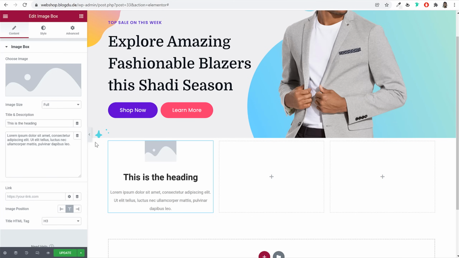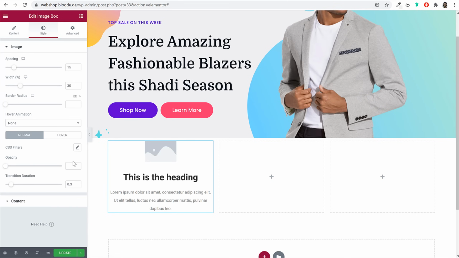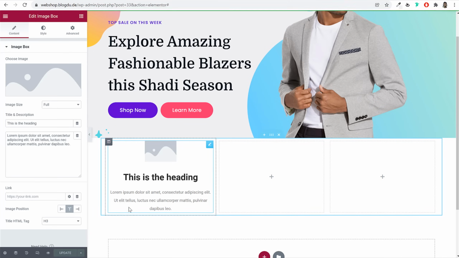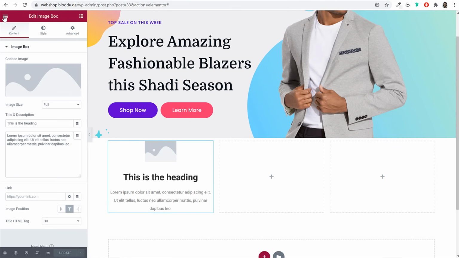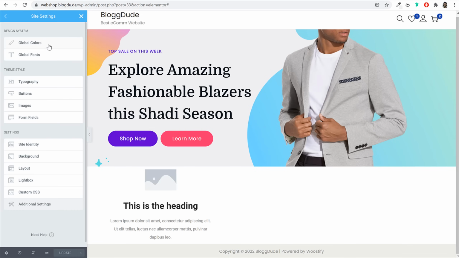Now, the very first thing that I want to do is change the global font family so that we don't have to change it again. For example, in this case also, we'll have to go to style and change the font family to Poppins or Domine. So we can actually do one thing first. Let's update this page. We can change the global font family so we don't have to do it again and again. So we can click on this hamburger icon, this 3 lines icon, click on site settings and select this option,